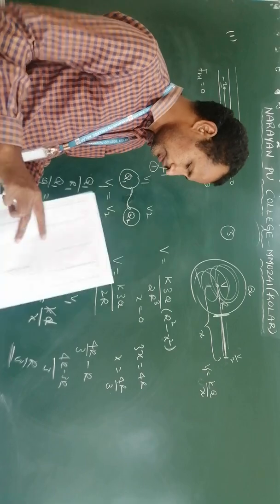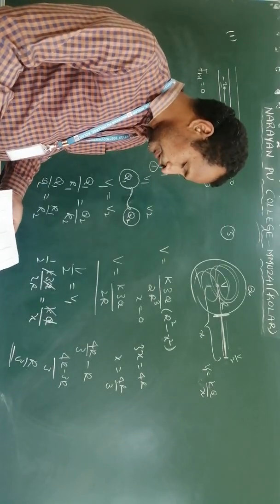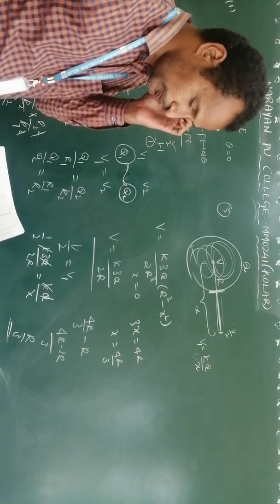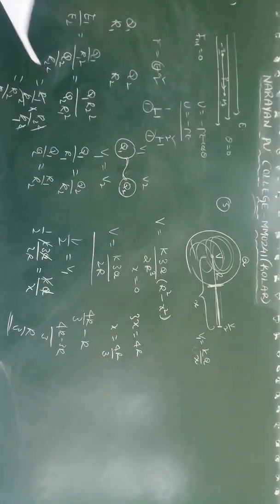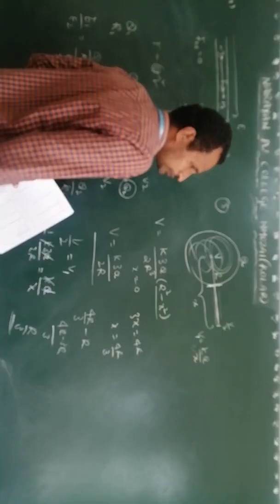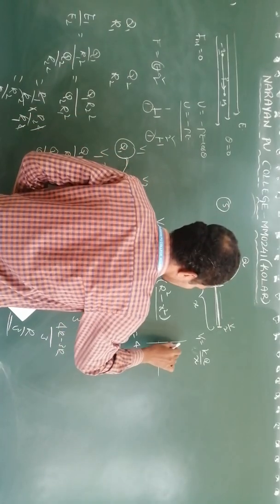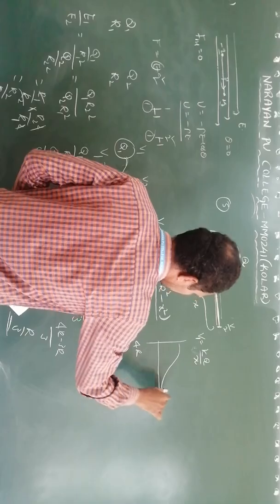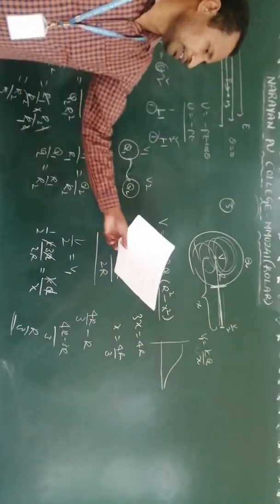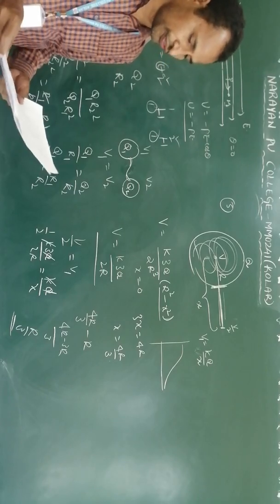So we have one related question to this. Question number 12. They are asking for the graph, meaning the variation of the potential for a solid sphere. Clear? It's all according to this formula. See, the graph will come like this. Okay, remember this formula and remember the graph.